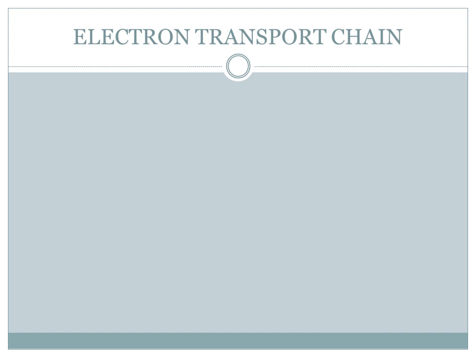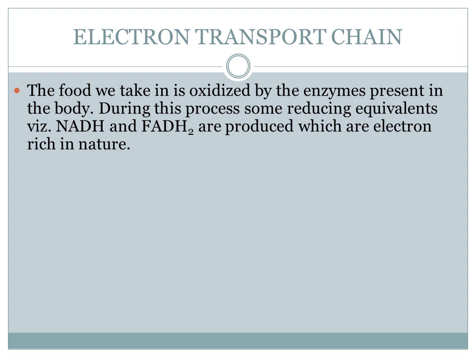We call it the coenzyme. Okay, and from these vitamins the electrons will pass through the electron transport chain. Okay, and when the electrons pass through this chain, there is release of energy and ATP is formed. How? We'll see now. So the food we take in is oxidized by the enzymes present in the body. Food containing carbohydrates, proteins and fats are oxidized by enzymes.